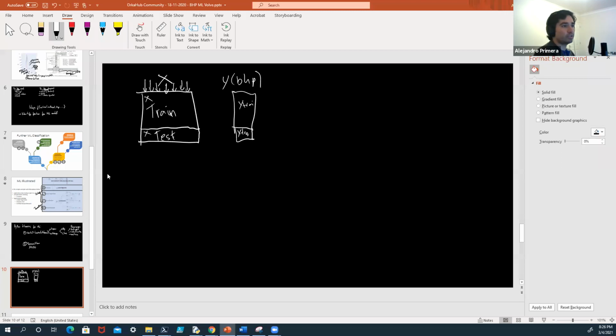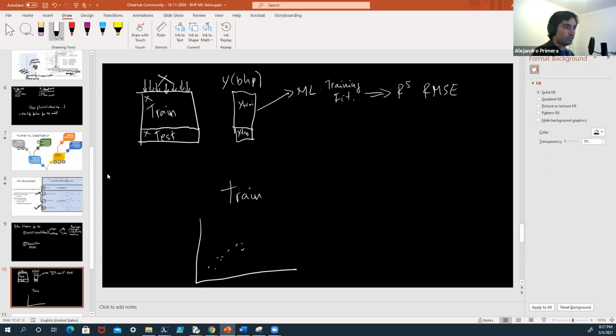Why do we want to have that? Because we want to train the model. We want to run the ML training, call it training or call it fit, using only the train data. So this will produce metrics such as, let's say, the R square or the root mean square error or the mean square error, whatever metric you have to come up with the quality of a model, which ultimately will tell you, let's say you have here your train data. But ultimately, that metric is going to tell you